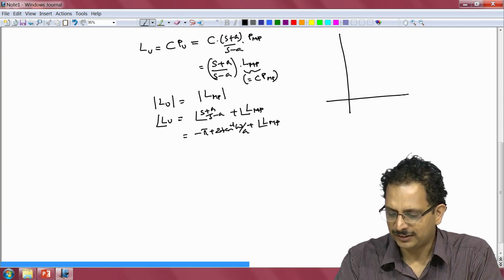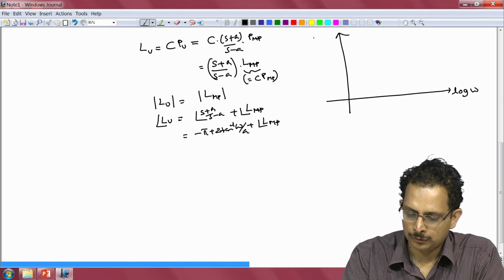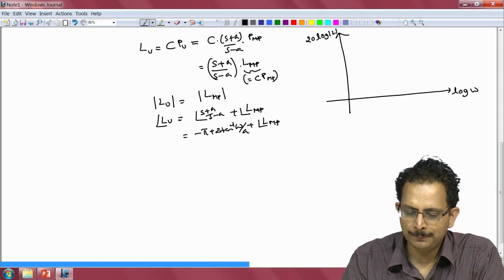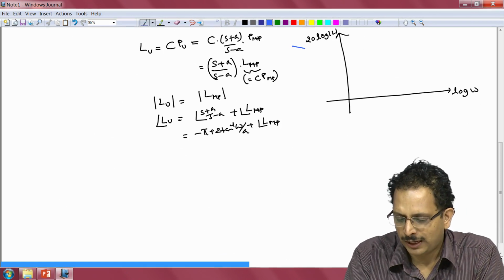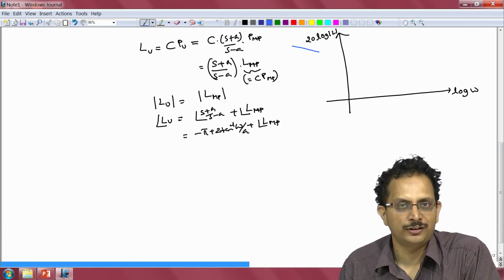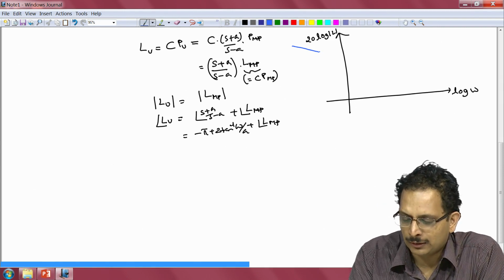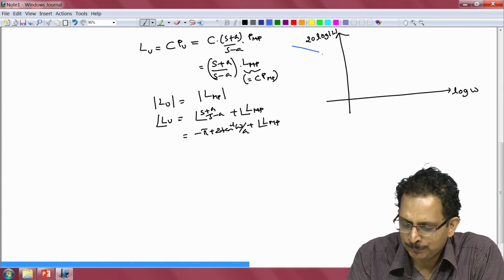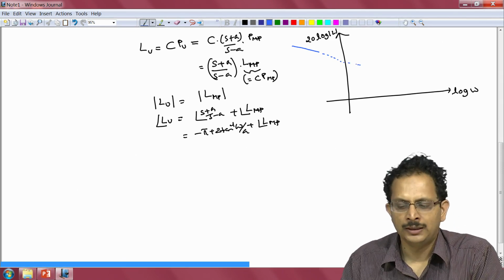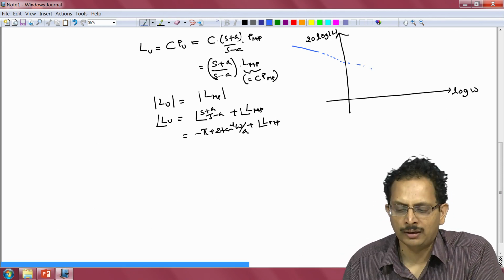So on the right hand side I am drawing the Bode plot of Lu. The x axis is log omega, the y axis is 20 log magnitude of L. At very low frequencies, as we discussed, if Lu, or L minimum phase, has an integrator as part of its structure, then the roll off will be minus 20 dB per decade, and subsequently we will have a certain roll off depending on the kind of poles and zeros that the plant and the controller have.